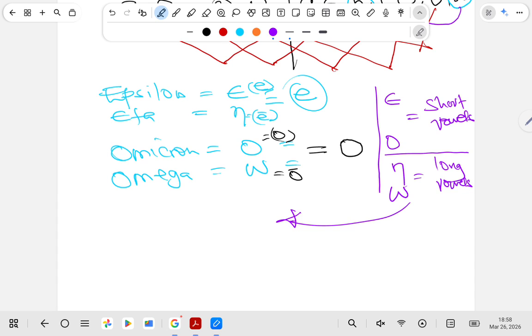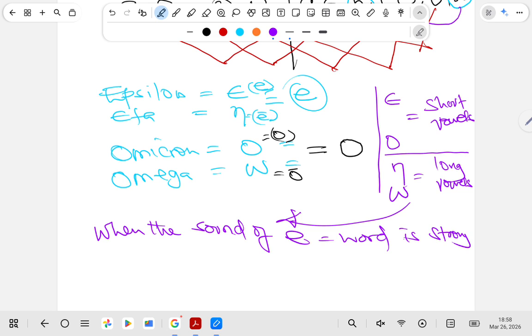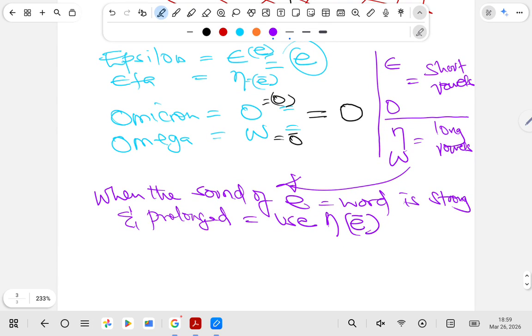So when the sound of the E in the word is strong and prolonged, we use eta, the one that would be written like an E with a bar on top. Okay? So when the sound is soft, okay, when it is soft,